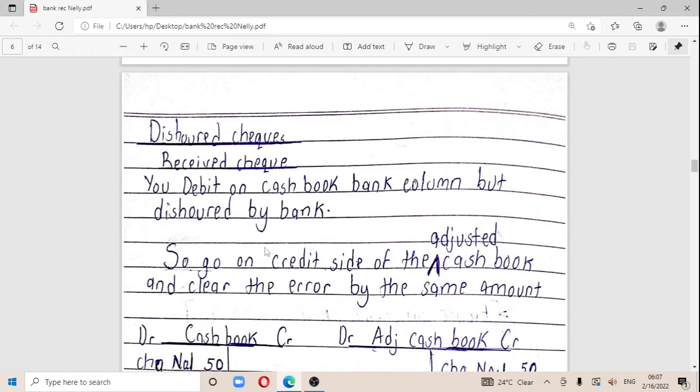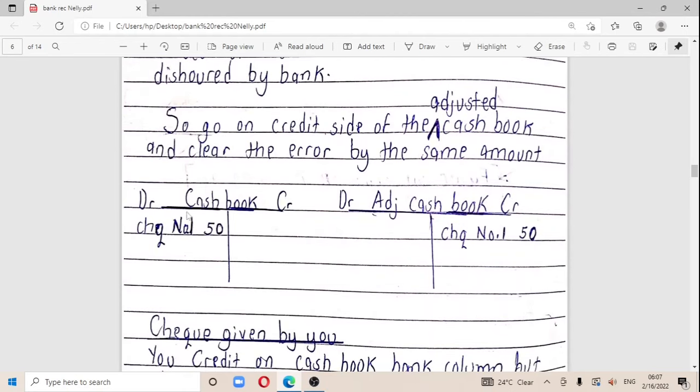Remember, in accounting we don't just cross it out. You're not going to go on the debit side of the cash book and cross that figure out. What you're going to do is go on the credit side of the adjusted cash book and clear the error by the same amount. What do I mean here? This is what I mean. If in your cash book you had recorded this figure, check number 150, on the debit side, and you realize that the check has been bounced because of certain reasons, because it's fake or expired,